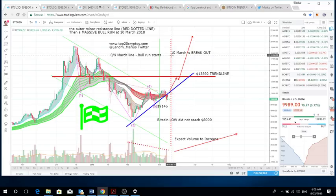What I said is the 10th of March. Only one in the world calling for the 10 March breakout. That is like a wall. We can't go further than that. Once we get to this point,